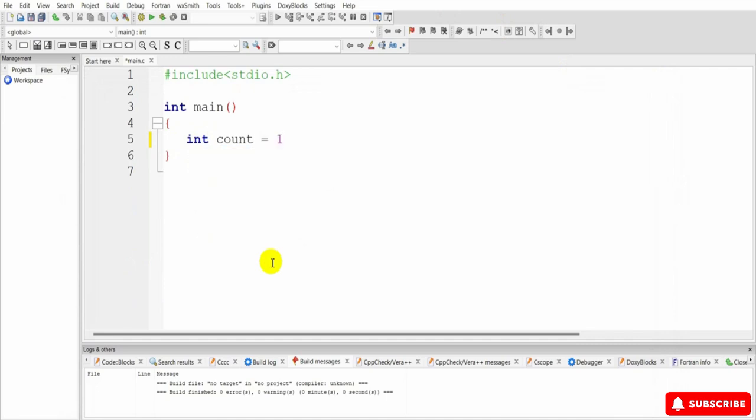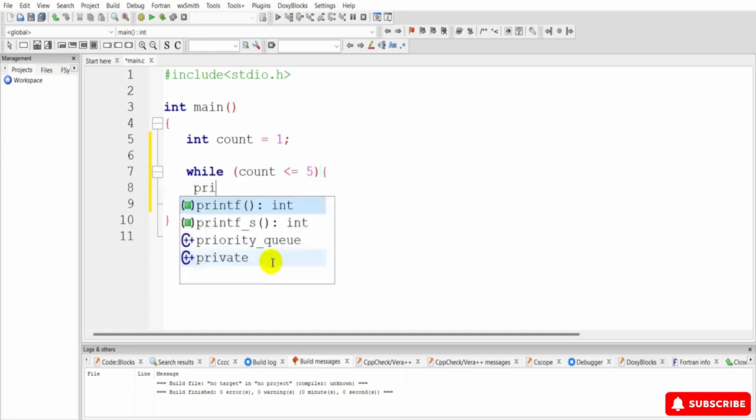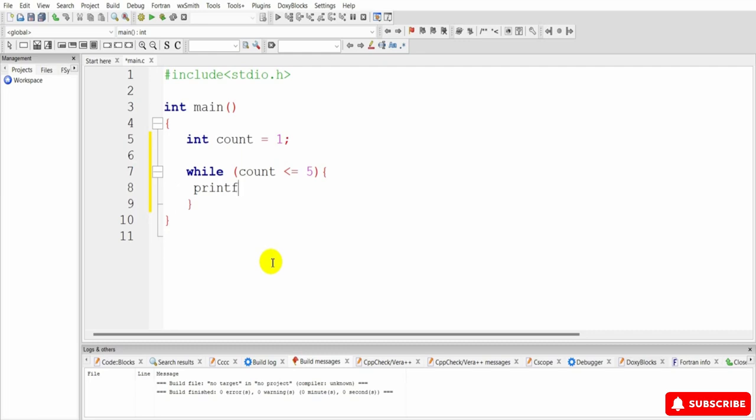Okay, and next I'm using the while loop. And also create the condition: count less than or equal to 5. Okay, and also create the curly braces. So inside this, just type printf, and then create the